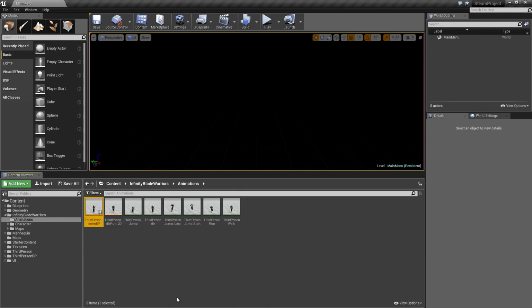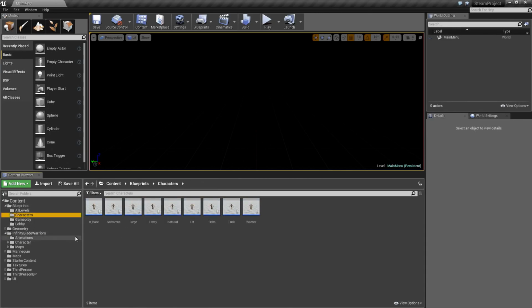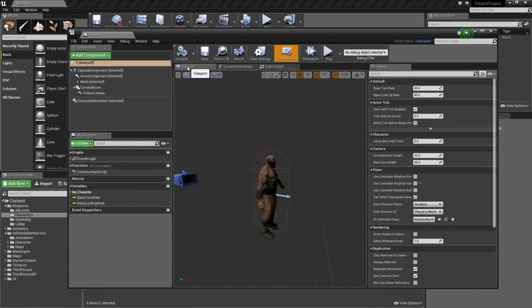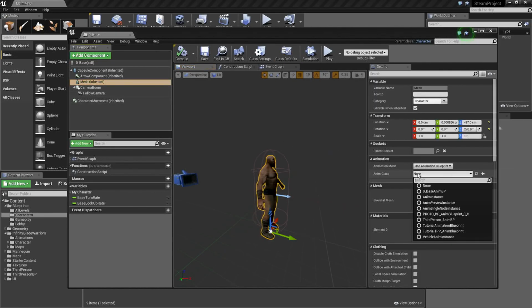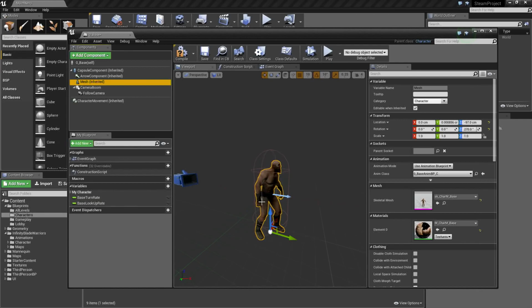Let's rename this one from third person MVP. We'll call this, let's just say 0 base anim BP. So now what we can do is go to our characters. Let's go to the base character here, open him up. Go to the viewport, select the mesh, and click the drop down here for anim class and select 0 base anim BP. Now we should start idling, which is what we want. Let's compile and save